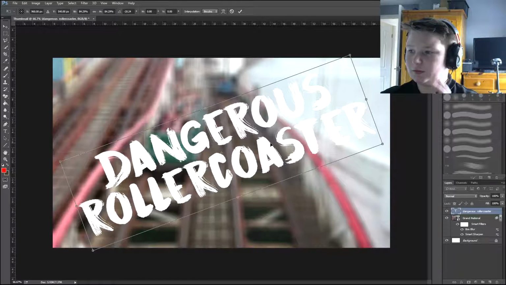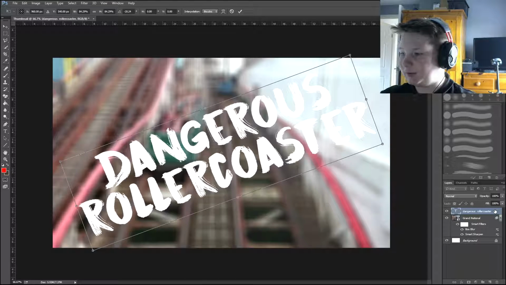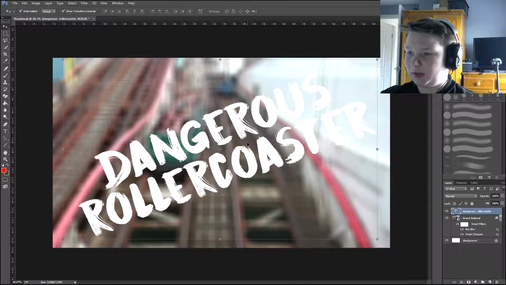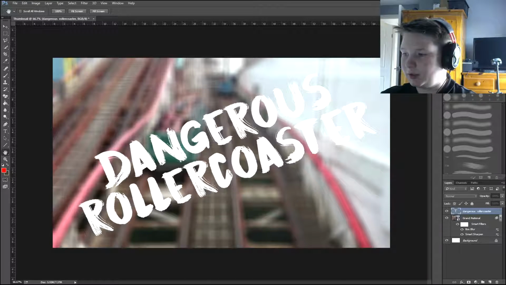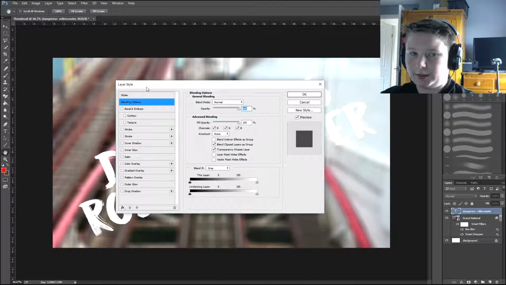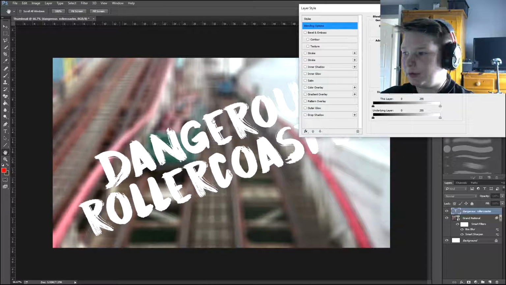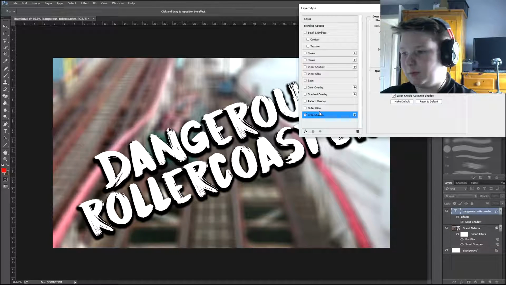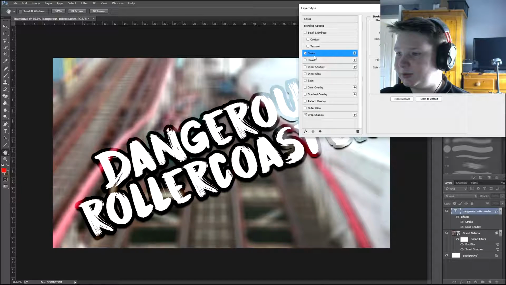But now we want to add some fancy filters to it, so we double click to make sure and apply that transition, and then we double click on here and we get the layer style. Now I'm going to move this up into my top corner so you can see what I do. I tend to add a little bit of a drop shadow and a stroke to the image. I have sort of done this where the stroke